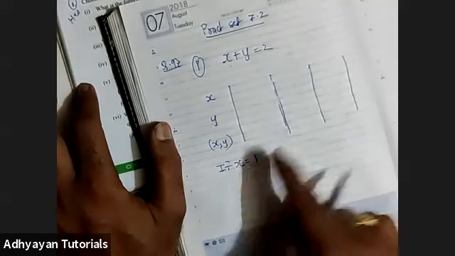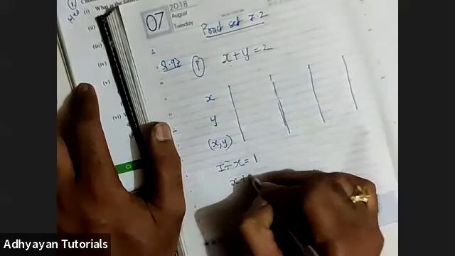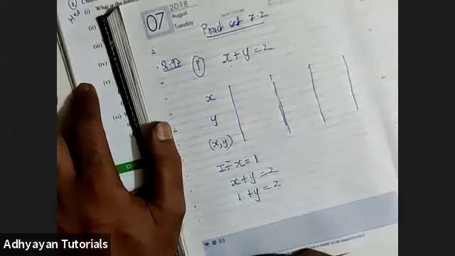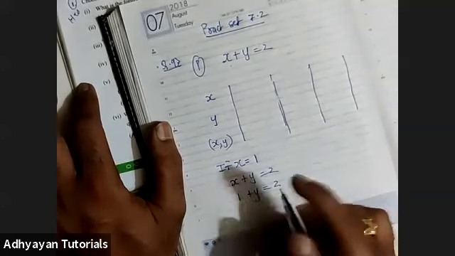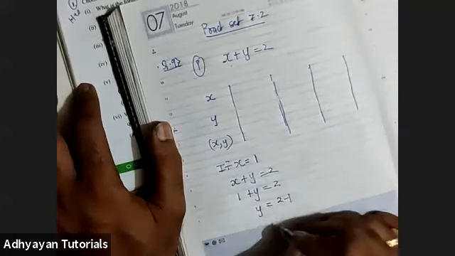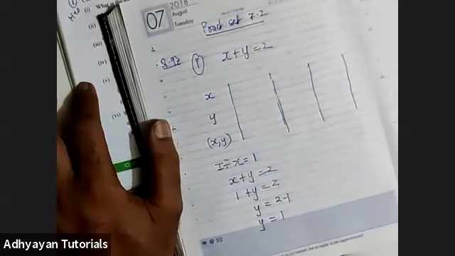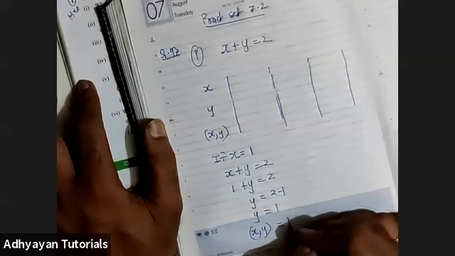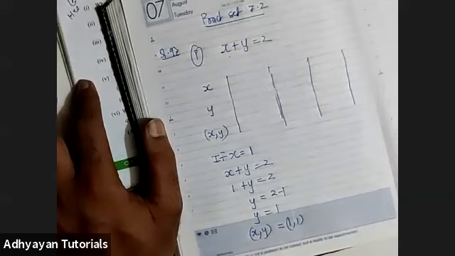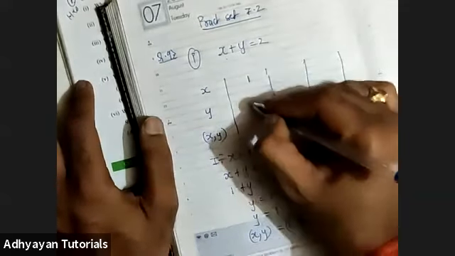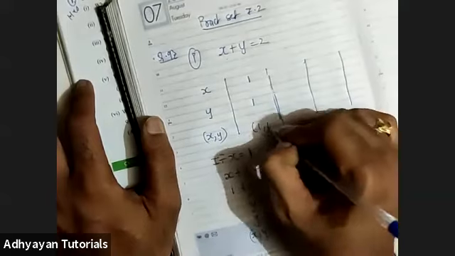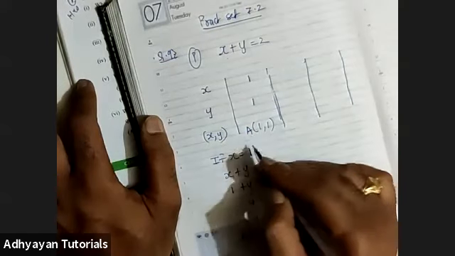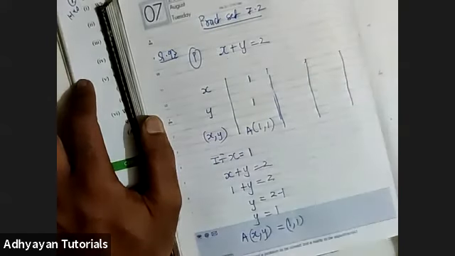So if x is 1, in this equation, substitute the value of x as 1, so 1 plus y is equal to 2. When I shift this 1 to the other side, children, what I find is y is equal to 2 minus 1, and y is equal to 1. So can I state x comma y will be nothing but 1 comma 1? If x is 1, y will be 1 and the point has to be 1 comma 1. Let's say we call this point A. You can name it randomly, whatever you want. I have named it A.